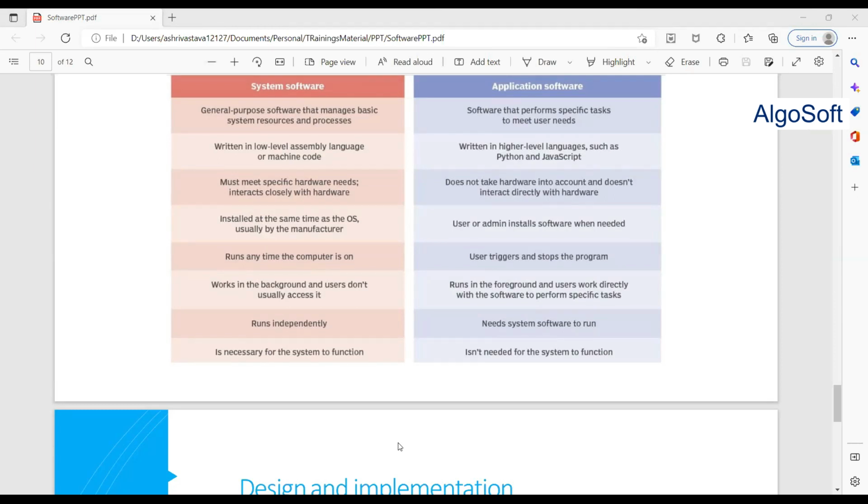So we have different translators, we have compilers. Basically, what it does is convert your programs into machine language, and then the machine will run that program. For that we have different software. When we program in Java, we will write